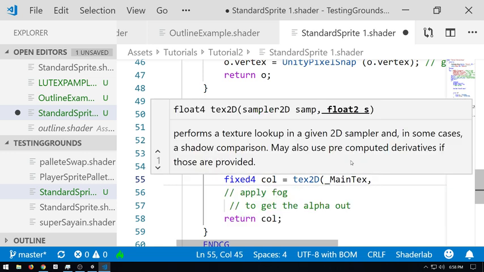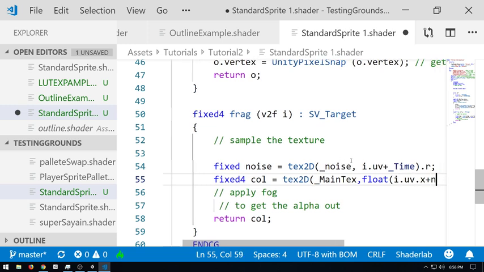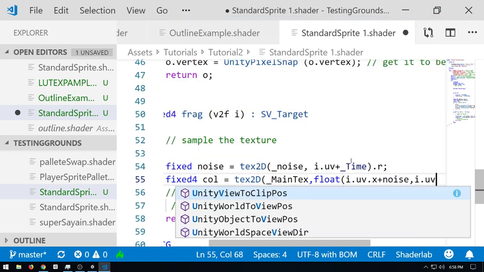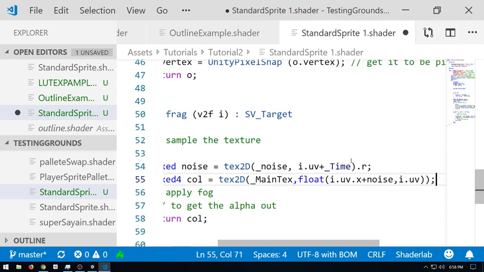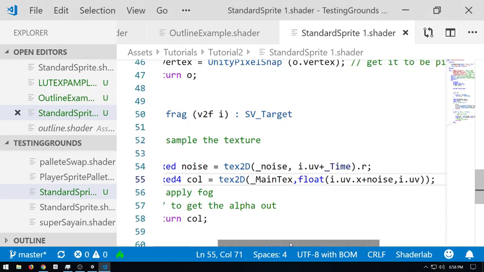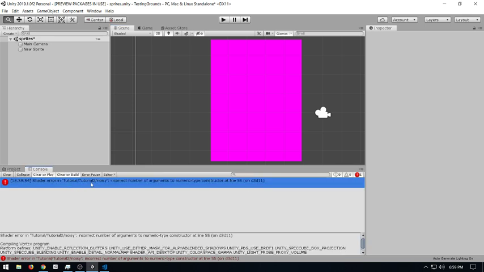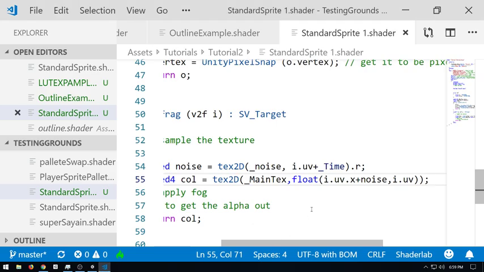And then instead of doing the normal UVs, let's do I.UV plus, actually we have to probably do it as a float2 too. Float2 of noise dot X plus noise, I.UV dot Y. It says incorrect number of arguments in type constructor.